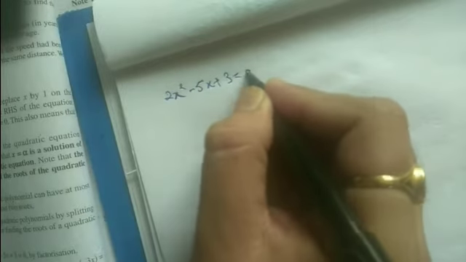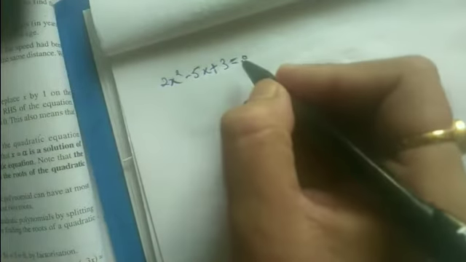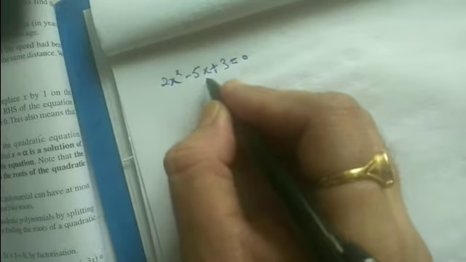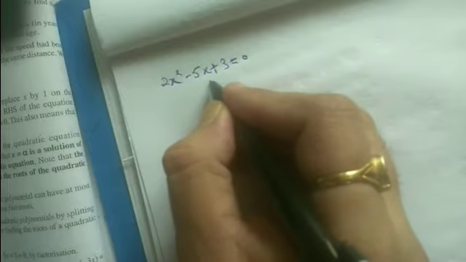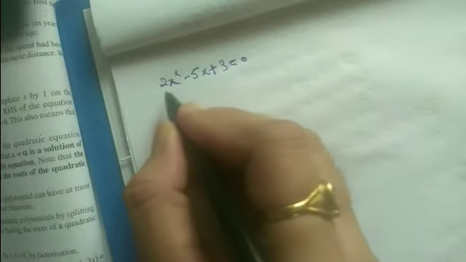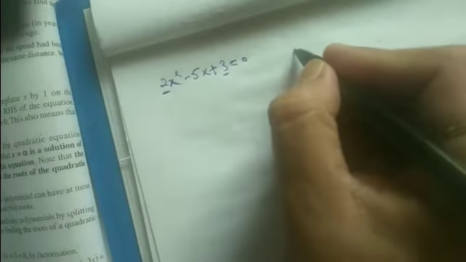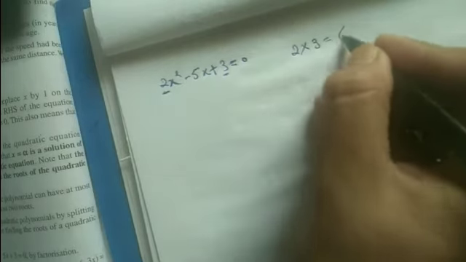So how to find this? This is by factorization. Suppose the question is 2x square minus 5x plus 3 is equal to 0. The method is same as we used to find the zeros, but here we call them roots, the values of x which satisfy the given equation. So we use the factorization method. In that we need to split the middle term in such a way that their sum is equal to the middle term and their product is equal to the product of the coefficient of x square and the constant. So looking here, we are multiplying 2 by 3, which is equal to 6.